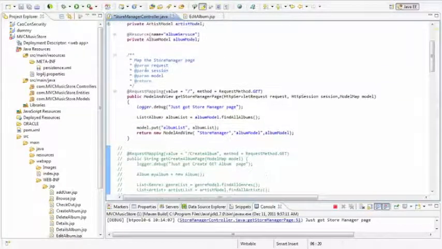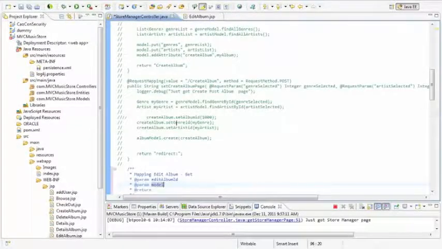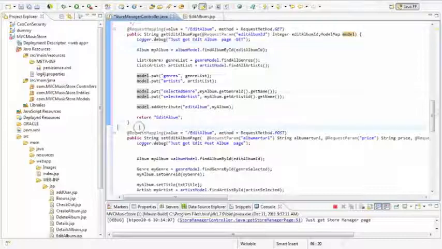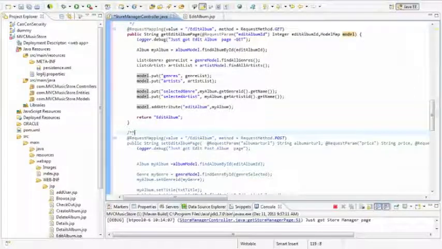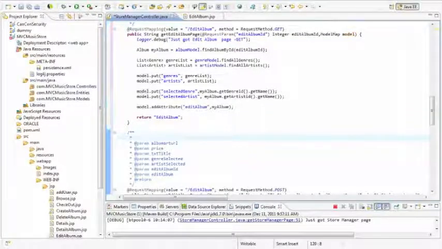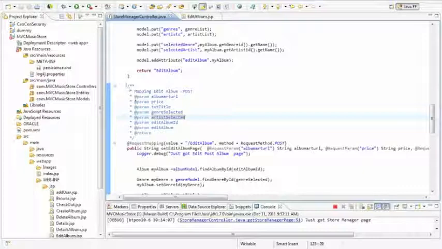Okay, this is the same with whatever we do. And this one, okay, mapping, edit album, clear. Alright. Yeah, you can tell over here